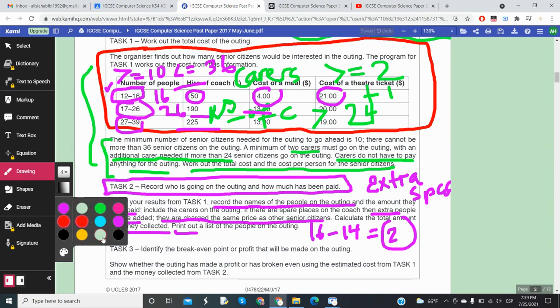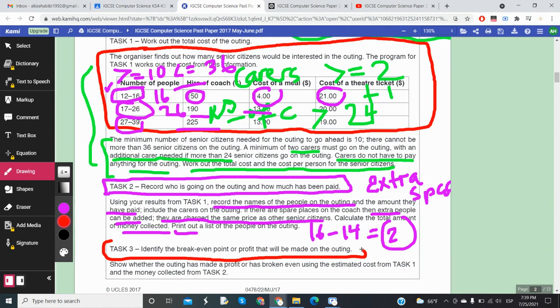For task 3, it is entirely different. Task 3 asks you to identify the break even or profit that will be made on the outing. Break even basically means when there is no loss or profit made. It's kind of like there's no win or lose. It's basically an outing where each space has been paid for, and that is how it should be. It's a fair pay. So it's break even, and profit, of course, would be meaning if they're going for an